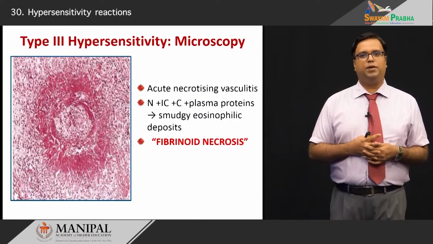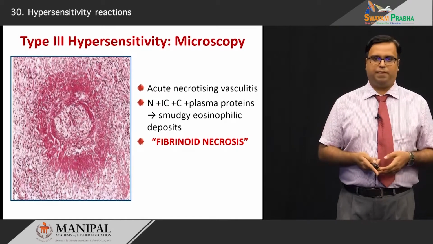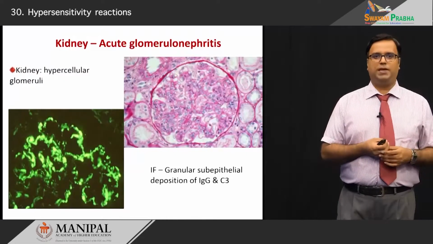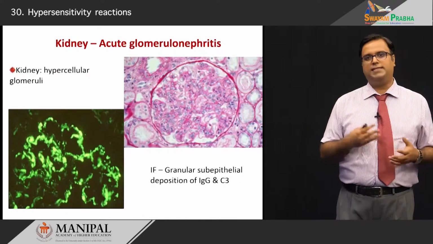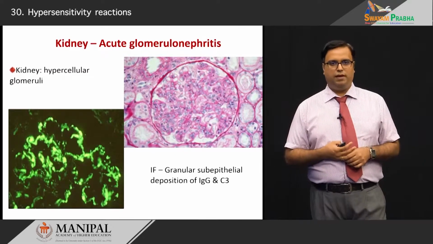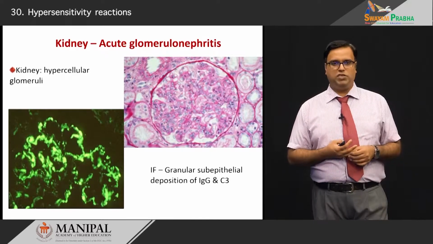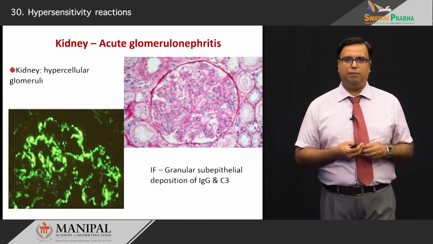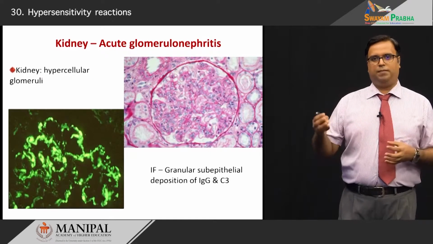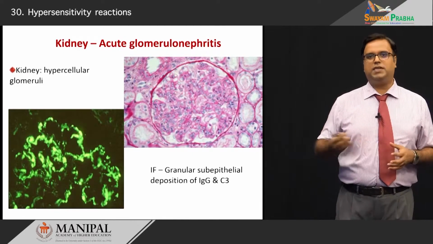It is called fibrinoid necrosis, which is fibrin-like, so it is called fibrinoid. Of course, we can't see the immune complexes with light microscopy; we require an ancillary test. We take the help of immunofluorescence here in the kidney. As you can see on the left side of the screen, it's an immune complex formation. So small granular, lumpy deposits seen along the basement membrane and subepithelial region are indicative of immune